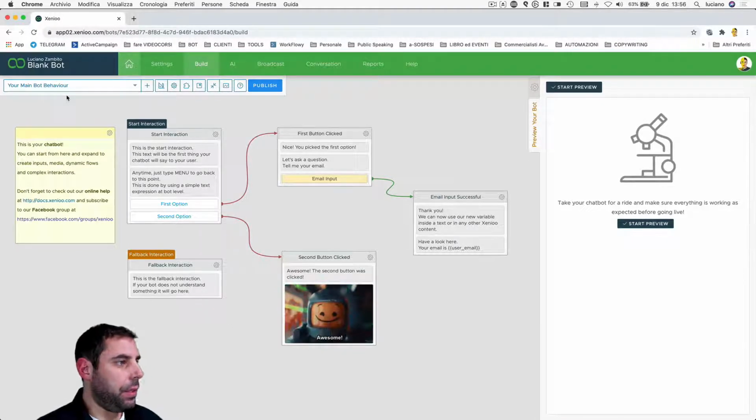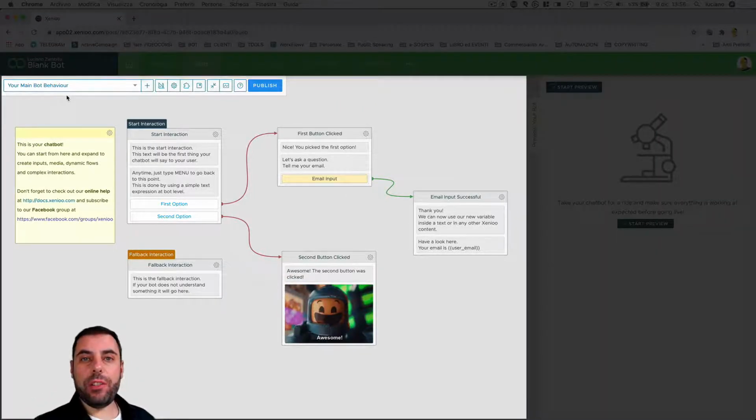Now I think it's useful to define the basic concepts of Xenioo. We need to think of it as a structure with many different layers. Each layer details more and more specifically a unique functionality. The highest layer is the behavior. A behavior is, generally speaking, how your chatbots handles a specific situation. A behavior of your chatbot, for example, may be called restaurant reservation and handle everything related to receiving orders from